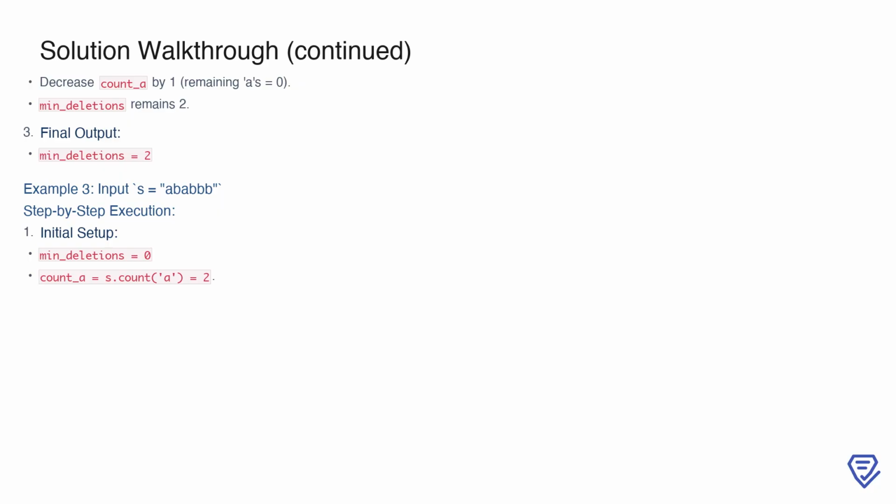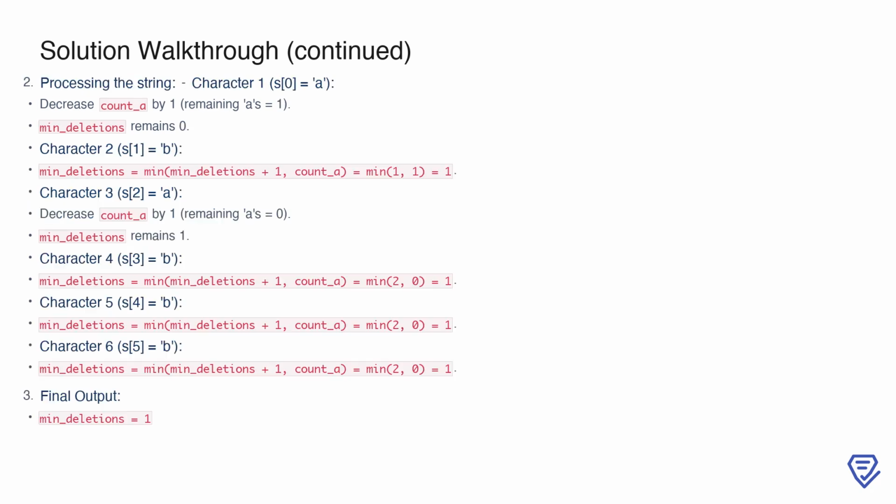Now, let's look at the third example, where the input string is a b a b b b. Here, we begin by initializing min_deletions to 0 and counting the total number of a's in the string, which gives us count_a equals 2 since there are 2 a's present. Processing this string, we start with the first character, an a. Since it's an a, we reduce count_a by 1, leaving 1 remaining a, and min_deletions stays at 0 because there's